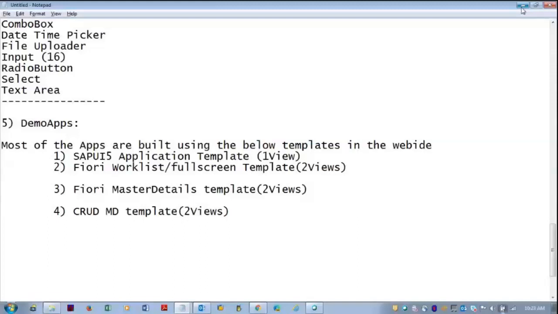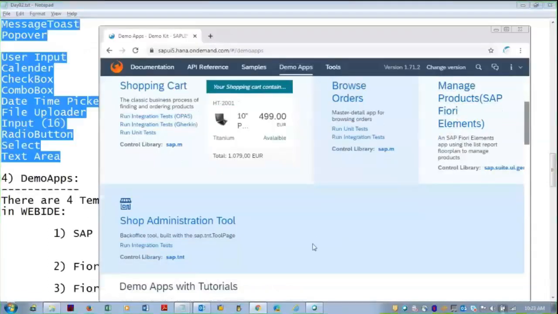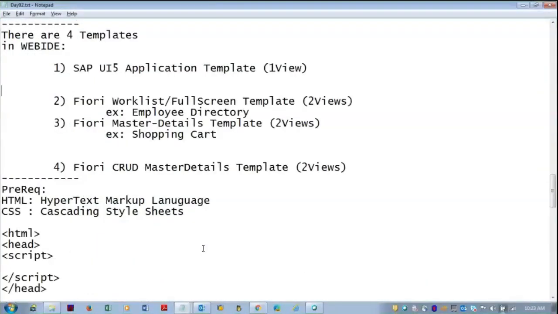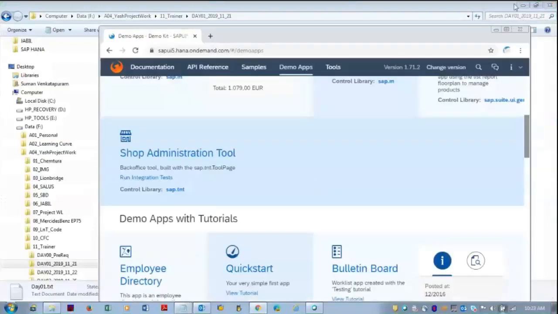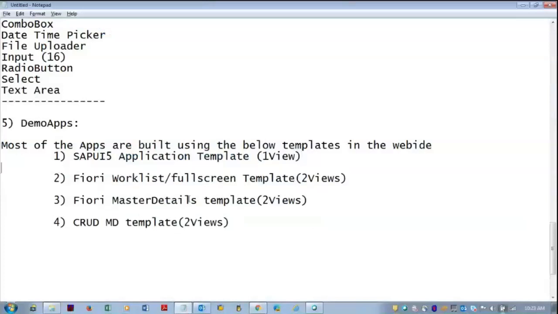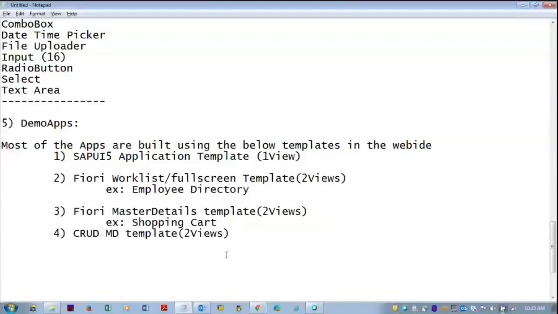Let me share the screen again. In the demo apps, we have shopping cart and we have employee directory. Shopping cart is an example of the application built using the master details template, and employee directory is the best example of the application built using the worklist or full screen template.